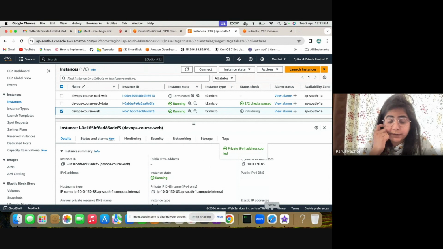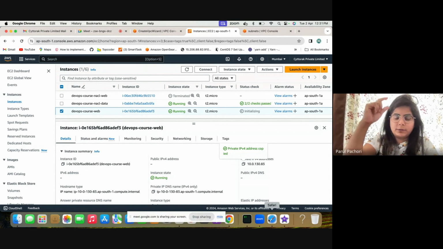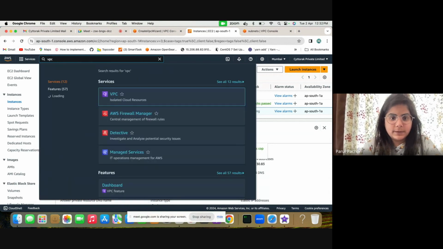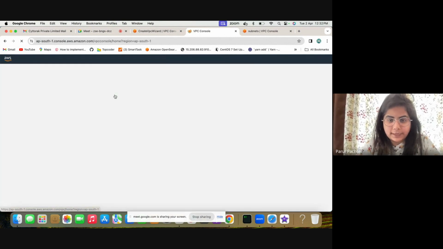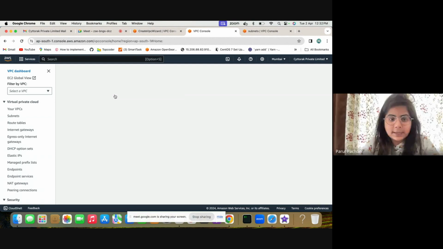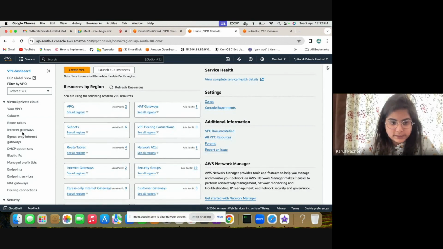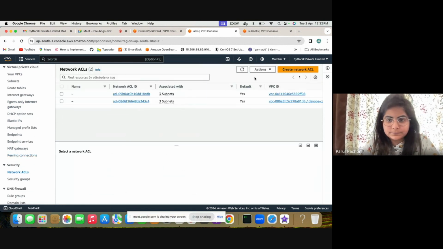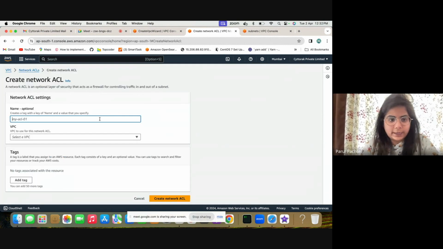Always try to do things first thing first. What I want is that public should be able to access web, but public should not be able to access data. You're getting my point, right? The public subnet should be able to access resources in the web subnet but not in the data subnet. So we'll go ahead and create a NACL for